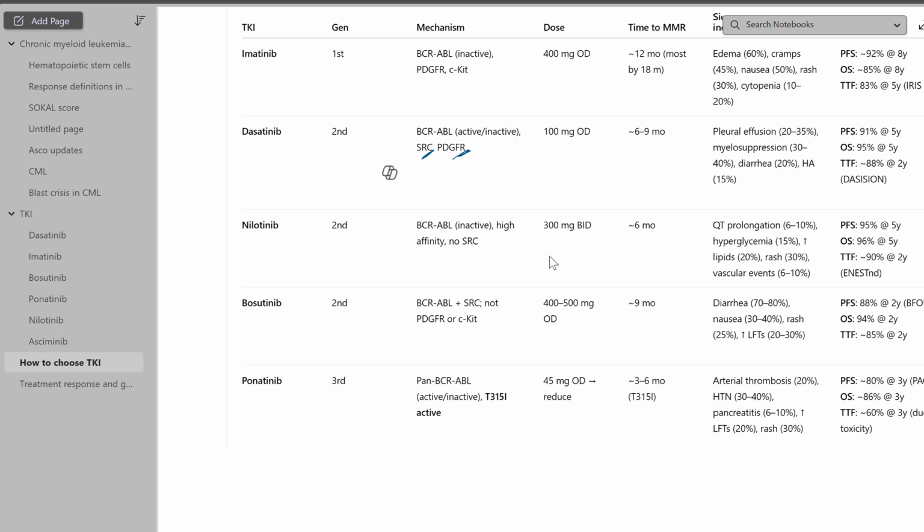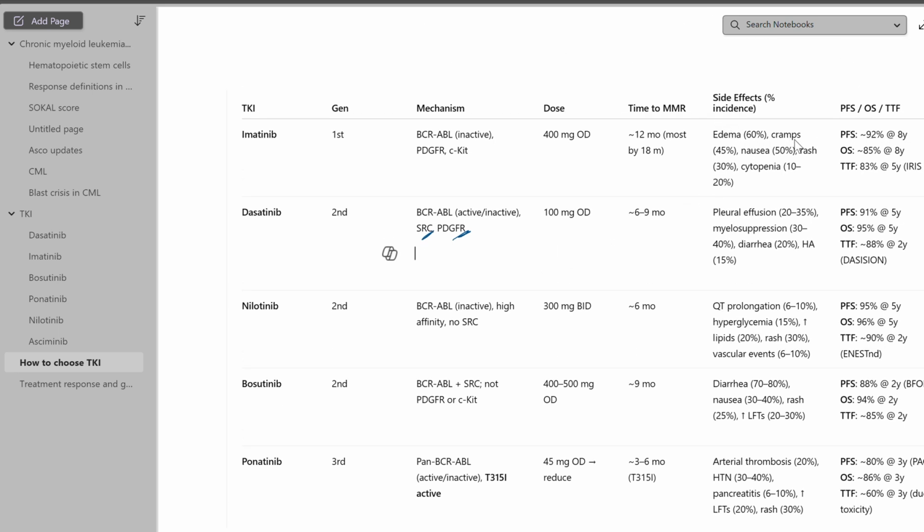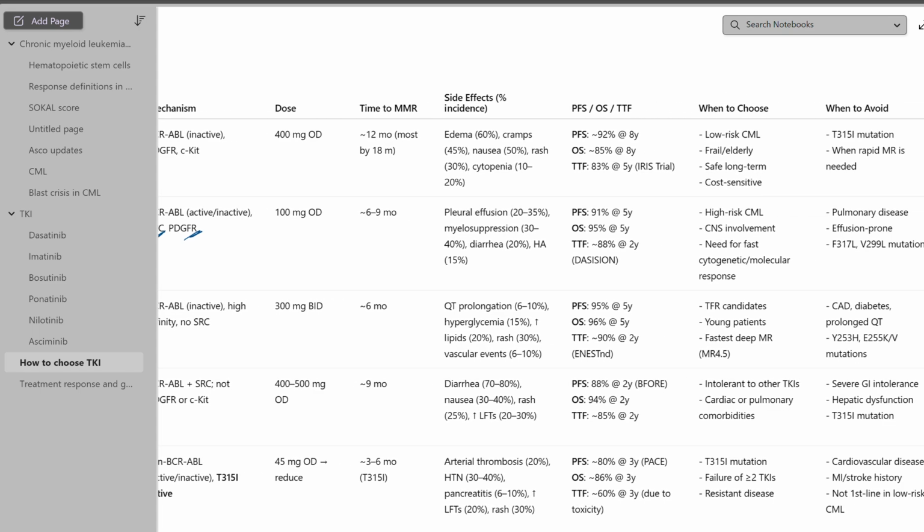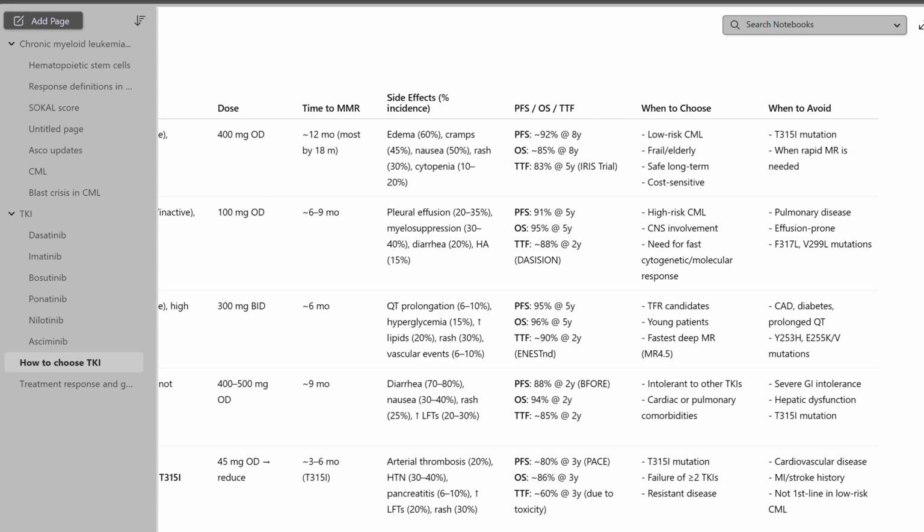60% of patients on imatinib have edema, cramps. In 45 to 50% have nausea. 30% have rash and cytopenias are in 10 to 20%. Imatinib works very well. It's cheap and it's well studied. It has a safe long-term profile, and at 8 years, 92% of patients had no progression, and 85% had an OS